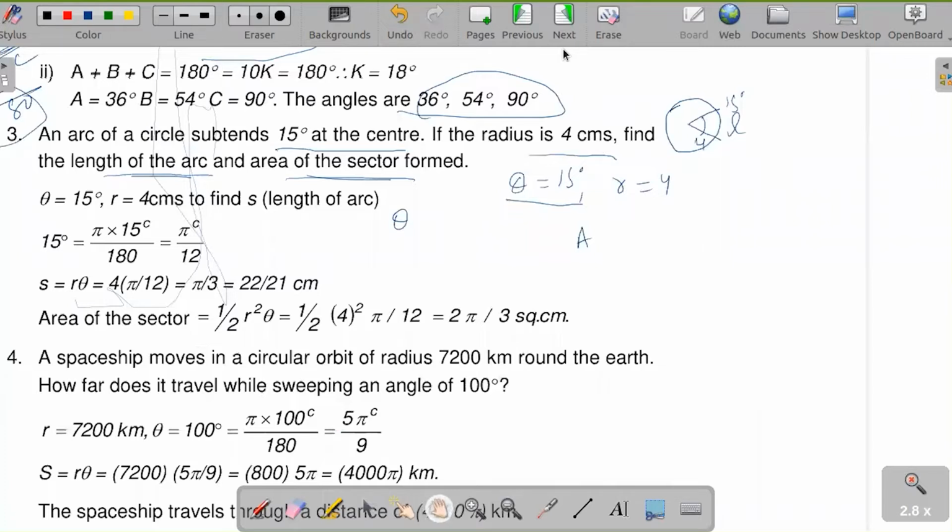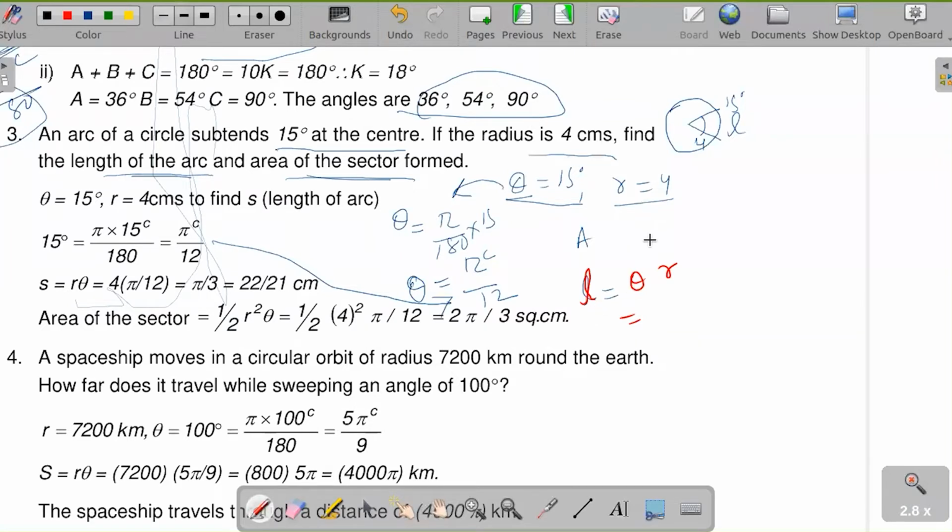That will be theta into R. I think your screen is stuck on the previous page. I think you need to check what screen you are sharing. Oh, sorry, by mistake. Yeah, no problem. You just check, please. Okay. Yeah. So repeat it from where you were. Just explain it to everyone what you were saying.